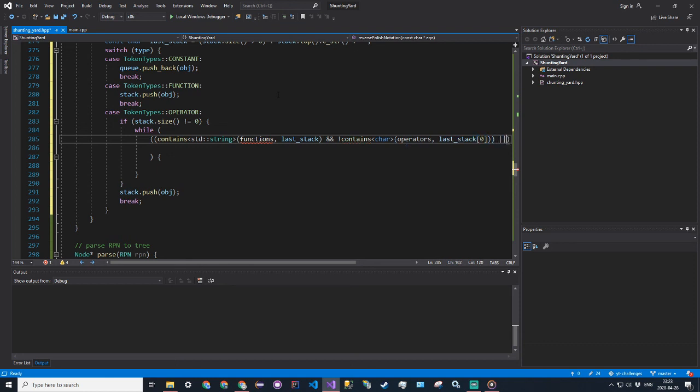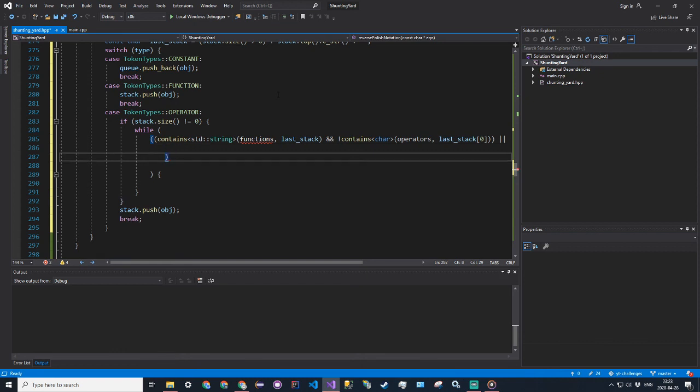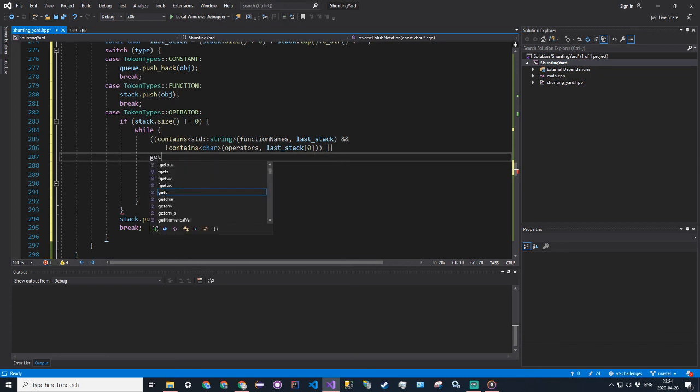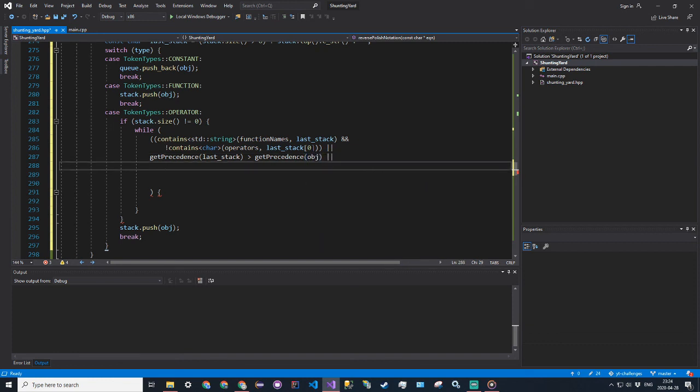So this just means function names rather. So all this means is that if there's a function at the top, but it's not an operator, so that's that. Or we're going to say get precedence of last stack is greater than get precedence of object, or if